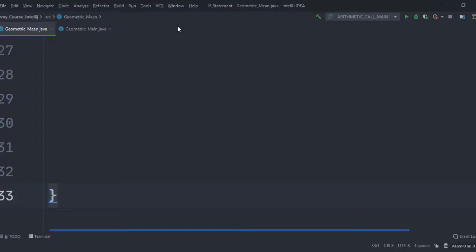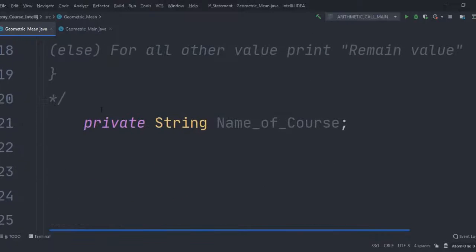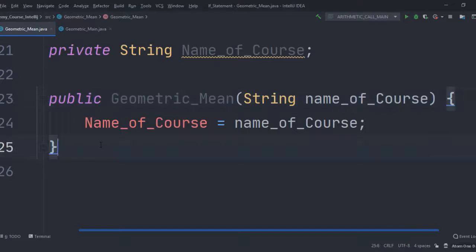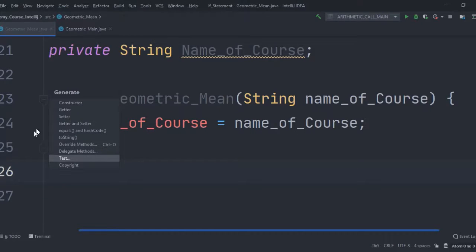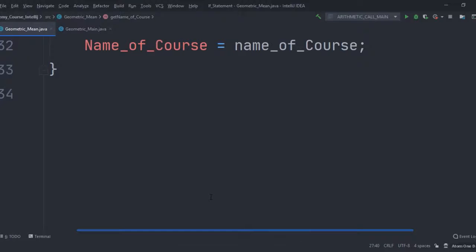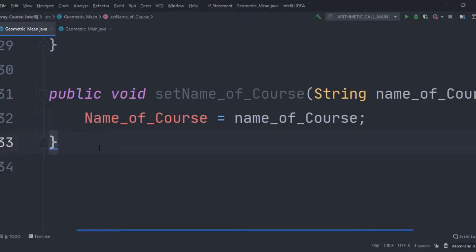Can you see, it says that we must be very careful. Now let's create here the constructor. Can you see it's working? Select this, we have created. Now we type alt and insert, getter and setter. We have created, and now